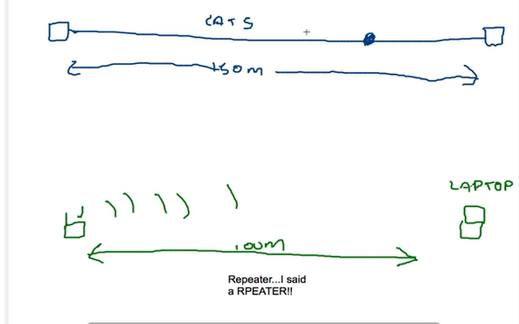So for that reason, you might come along somewhere in the middle of this line, maybe about here, and decide to put in a device called a repeater. So a repeater helps us stretch that network out. It essentially gets the signal coming from this cable and just renews that signal, if you like. So if I put a repeater in here,